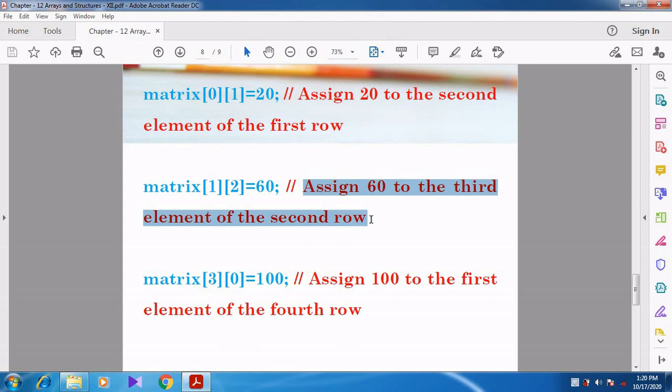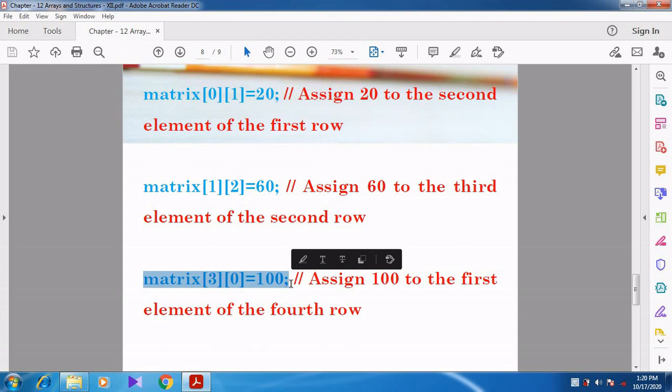Then 2 represents 0, 1, 2, so it is the third element. Matrix 1 of 2 equal to 60 means the value 60 will be assigned to the third element of the second row.